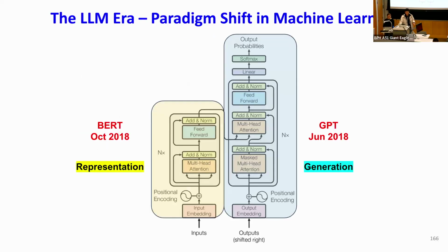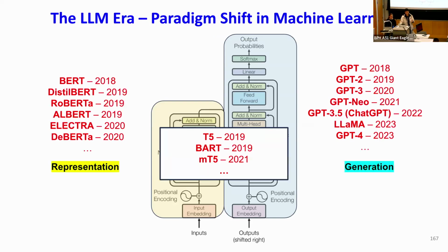All right, so the last point that I want to make today, with the transformer model and the different modalities and the specific application of language, is the paradigm shift that it has brought about in machine learning. And what do I mean by paradigm shift? First of all, you have all these models that come from the transformer architecture. You have encoder-only models on the left, decoder-only models on the right, encoder-decoder models in the middle, you have all these models, and